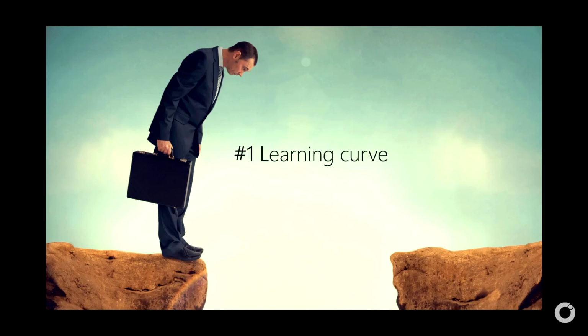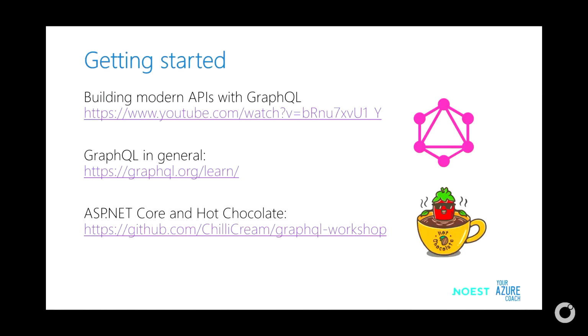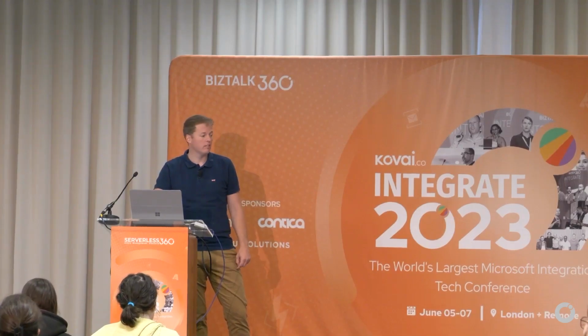The first one, of course, a learning curve. Every new technology comes with a learning curve. So we have here already some good resources to start with. The official GraphQL website is really good. And you see there the Hot Chocolate thingy. Sounds ridiculous, but it's a very, very good and reliable .NET library, which Microsoft is also supporting very well and using internally. So if you need to build GraphQL APIs in .NET, please go to the Hot Chocolate website. They're really good. They're really working on the product very hard. So that's an important one.